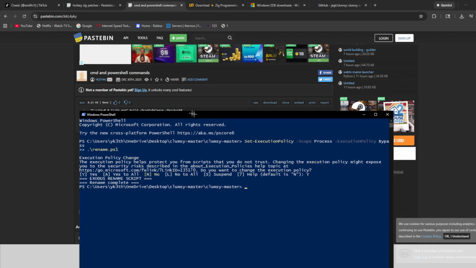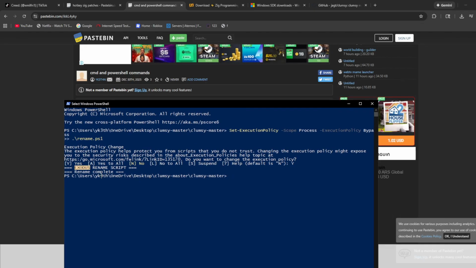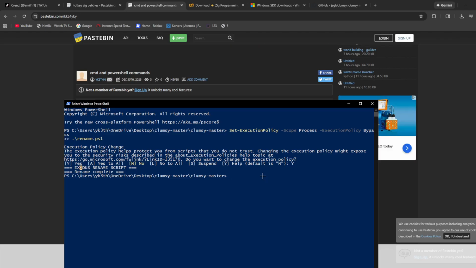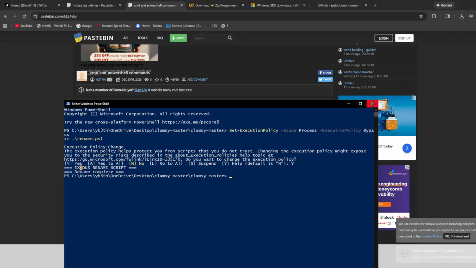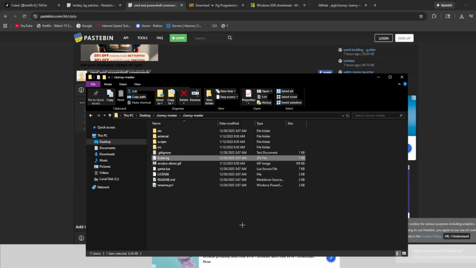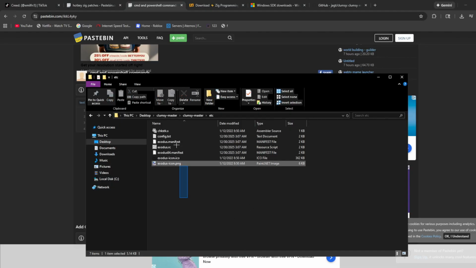It's going to rename everything to Exodus. I chose Exodus because that's just what I don't have. Oh, another important thing. Whatever you choose to rename it, do not have that application installed on your computer. I never plan to install Exodus on my computer, so that's why I chose Exodus. Don't name it something like Spotify or Discord, because that's going to clash with the actual Spotify or Discord, and it's going to mess everything up. I learned that the hard way. So now everything is going to be named Exodus,